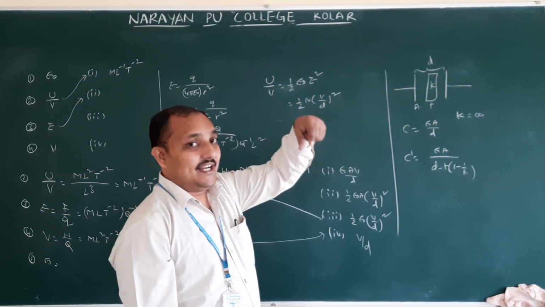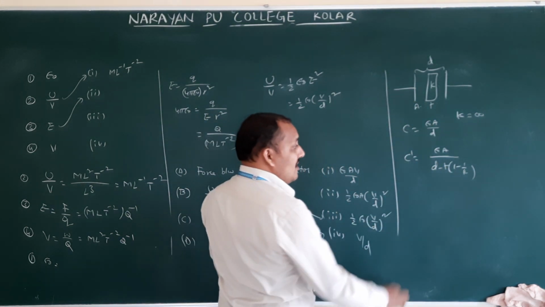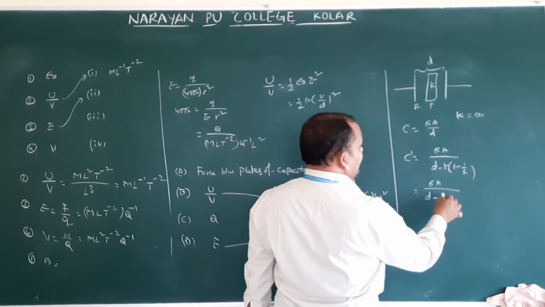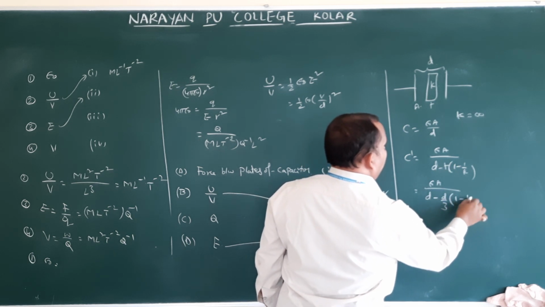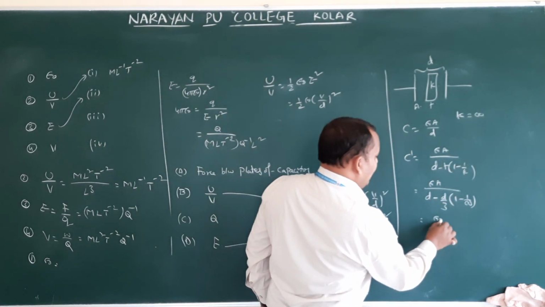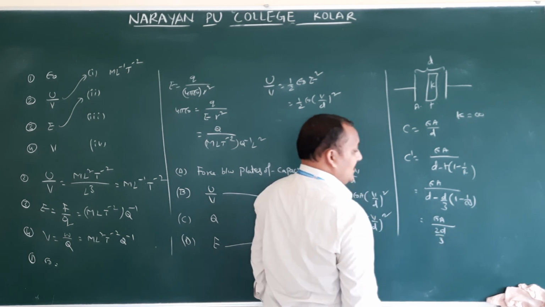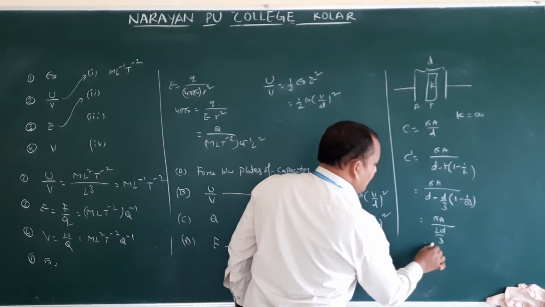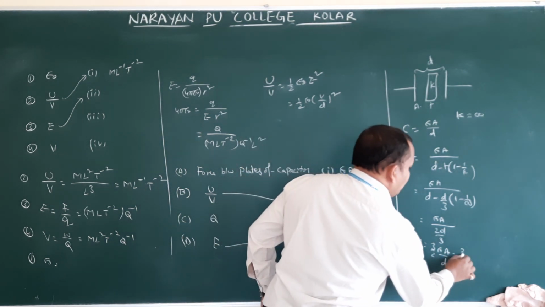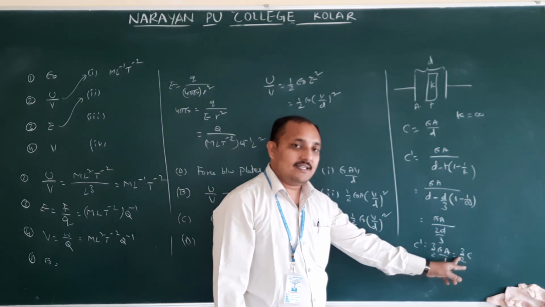Whenever a dielectric of thickness small t is introduced between the plates, we already discussed how this formula is derived. So epsilon naught A by D minus t, what value did they give? D by 3. 1 minus 1 by infinity, and 1 by infinity is 0. Therefore D minus D by 3. How much will you get? Epsilon naught A by D minus D by 3, that is 2D by 3, so 3 by 2 epsilon naught A by D. So remember 3 by 2C, if you are assuming C as epsilon naught A by D. So the final capacitance is 3 by 2C.